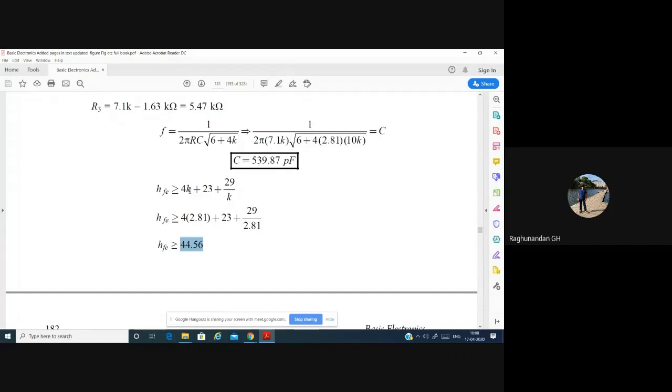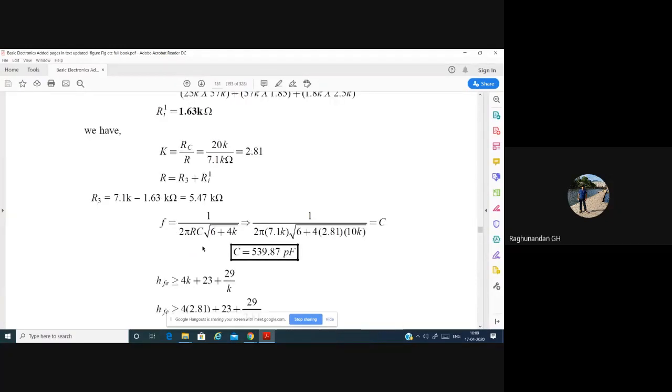That is, as we are talking about the RC phase shift oscillator, the resistance across the feedback. RC by R, you substitute whatever the value, you will get that is the value of K. After that you substitute the K value and you'll get the value, and compare those two. If this condition is satisfied, then you can tell this given circuit produces oscillation. Otherwise, the circuit is not going to produce any oscillation. Okay, so that is one thing I wanted to tell.